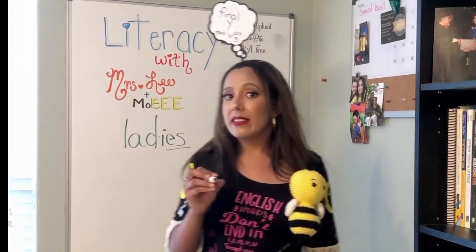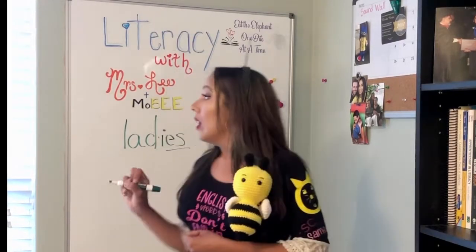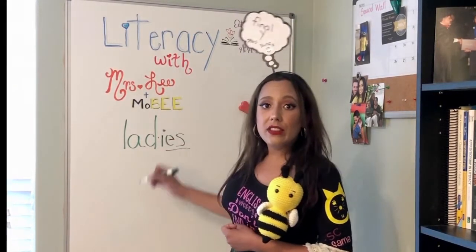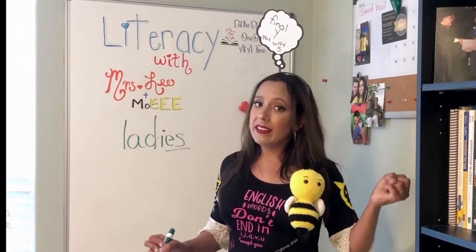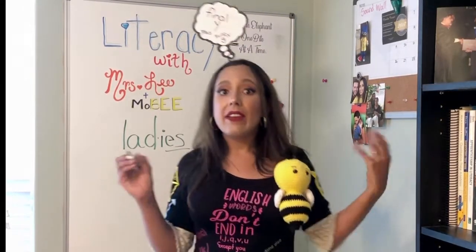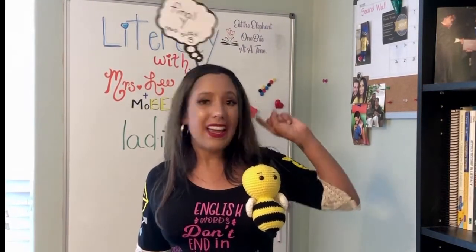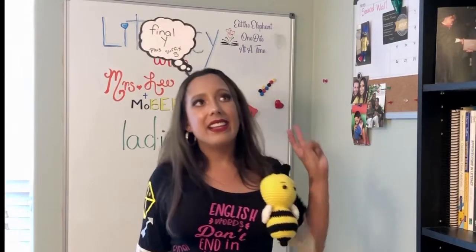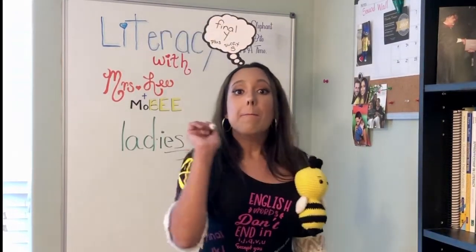So remember for that one. ES, there are 2 ways of spelling it when you're making it plural. When there's a Y and a consonant, you have to drop that Y and add ES. Or if it's followed by an S, an X, a Z, a CH, or an SH, all you do is add the ES. You're not dropping anything. But